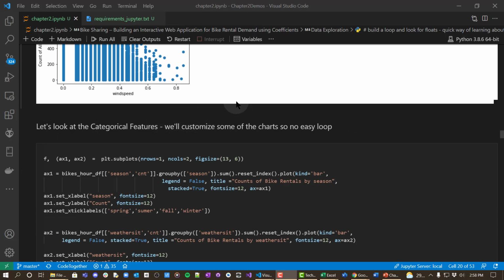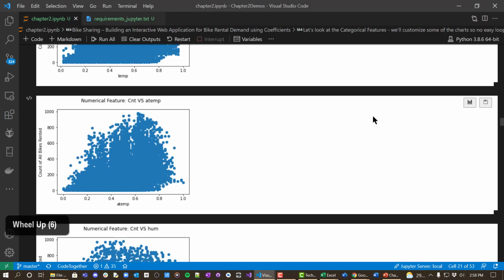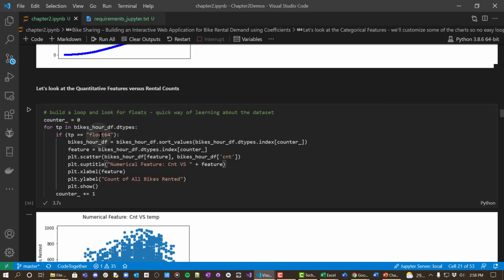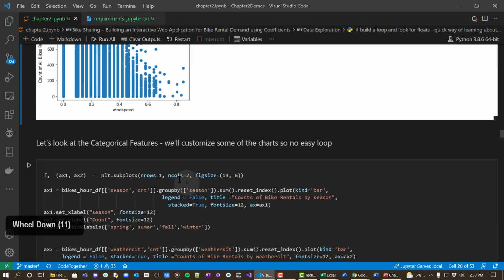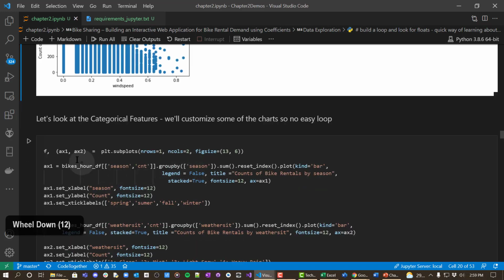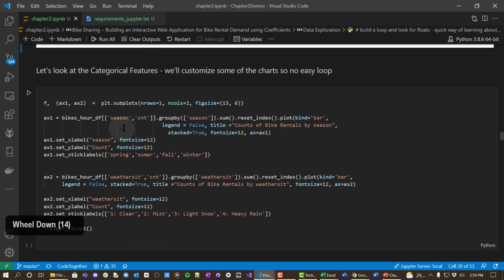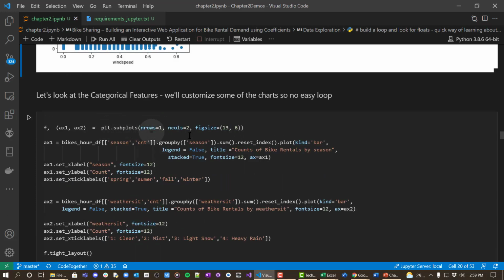So all of these were called quantitative features because we were looking for columns here with our code whose type was a floating point number. In other words, they had a value that went from 0 to some other value. Categorical data basically is binary data. And so in this section, what they've done is they've written code to plot things that are categorical data, not necessarily just binary, but basically that,